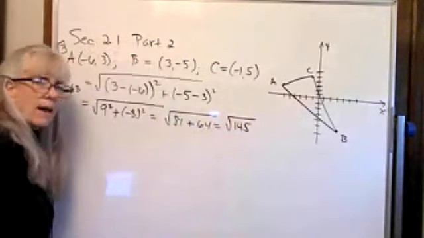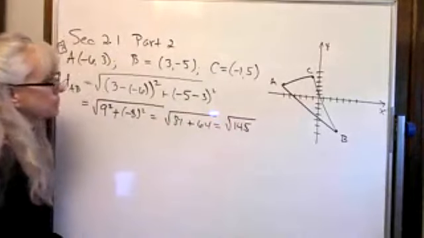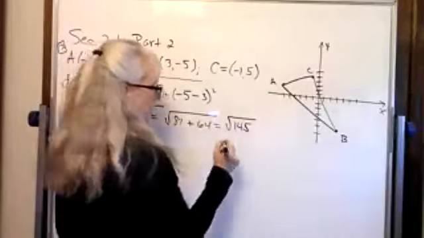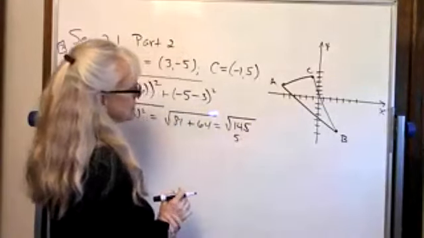And we talked about having to clean up those radicals. So let's go ahead and clean up that specific radical. So 145 will obviously divide by 5. So it's 5 times